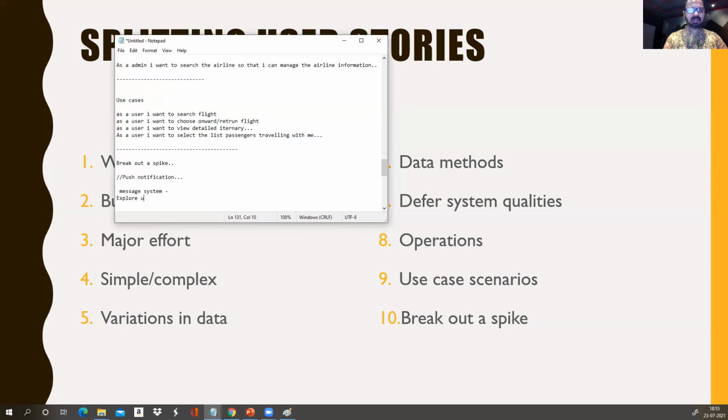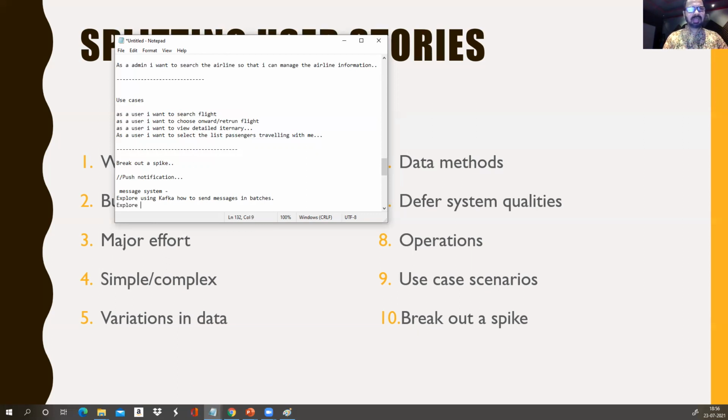Let's say they have made a decision to use Kafka. You explore using Kafka how to send messages in batches. Okay, this is one exploration story.